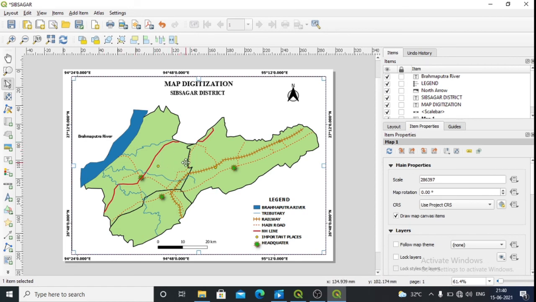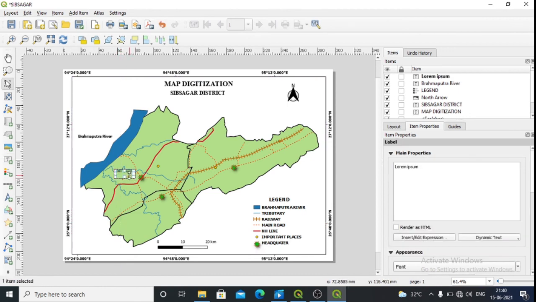Similarly, if you want to add the name of a place, the headquarter name too, go to label. Then here you can add one text. The name of the headquarter was Sibsagar.